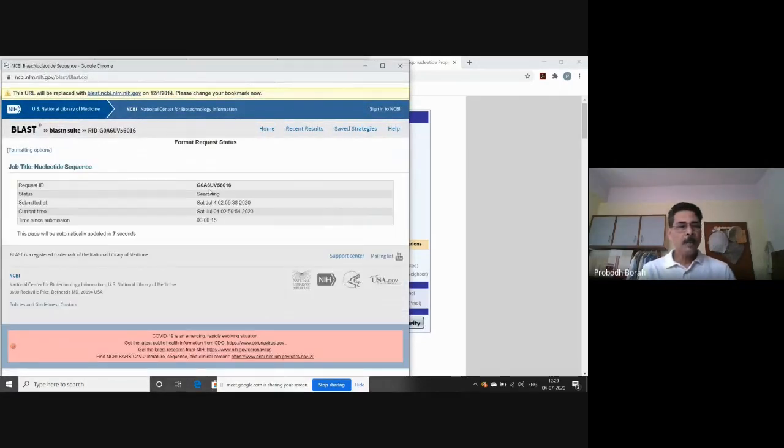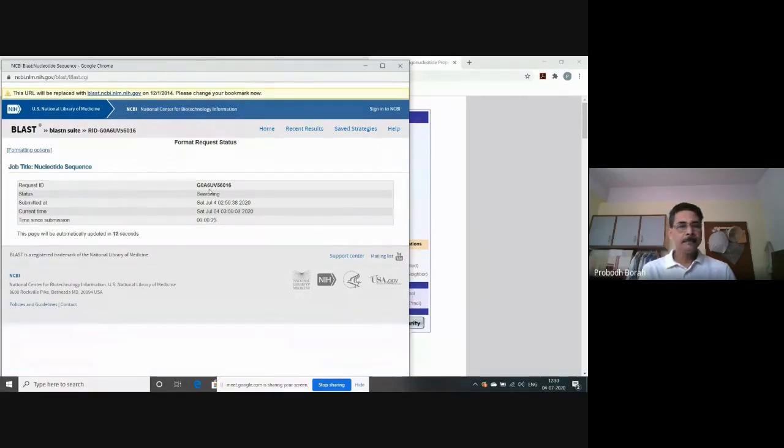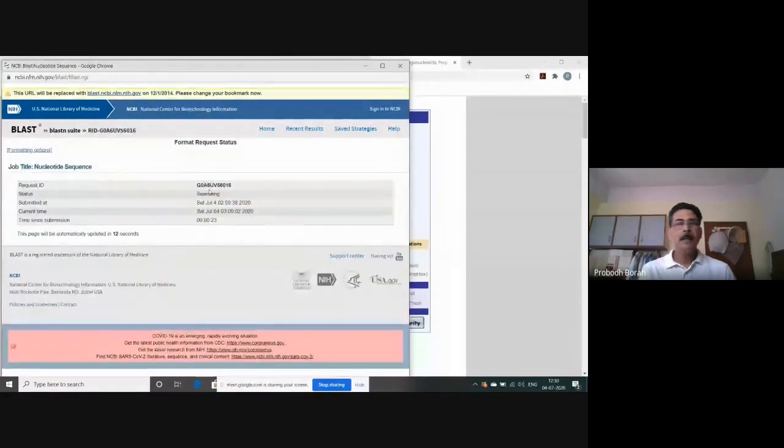After a few minutes, it will display the result of the BLAST, depending upon the speed of your internet connectivity.